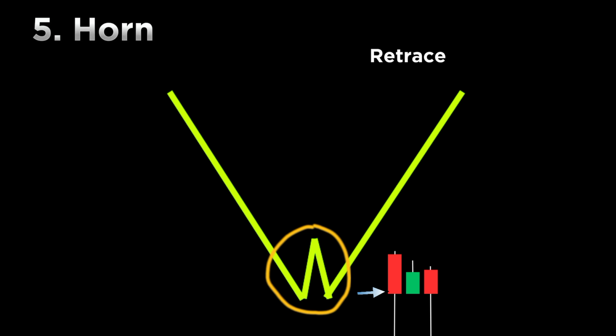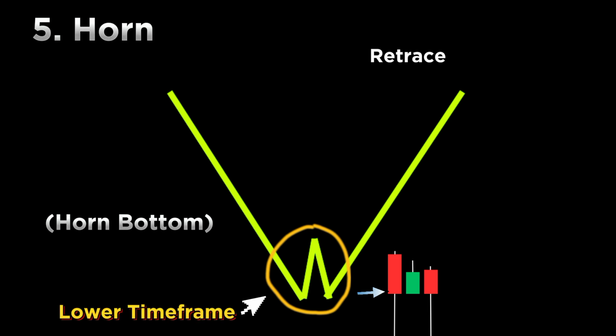In the bullish version, which is called horn bottom, price action creates two spikes down, which are separated by one candlestick. The only reason this is the smaller version of the double bottom is because if we looked at this in a lower time frame, we would see a normal double bottom formation. And on the time frame at which you spotted it, it looks exactly like a horn formed by